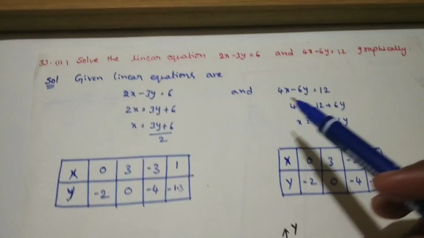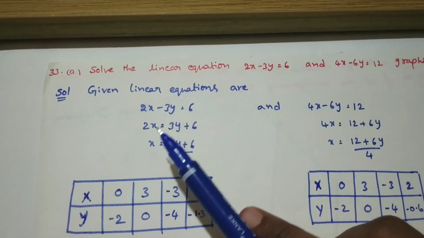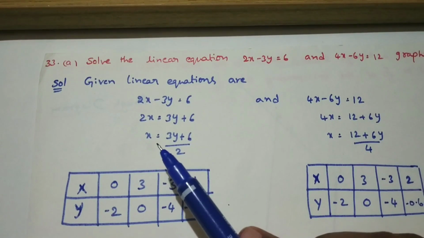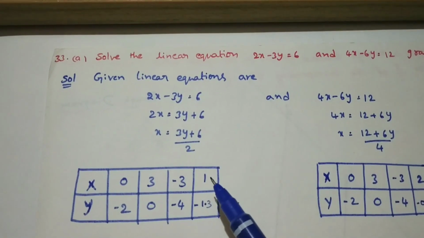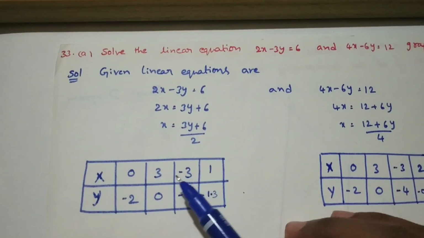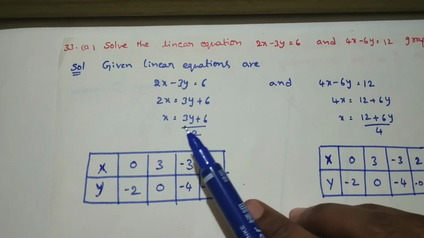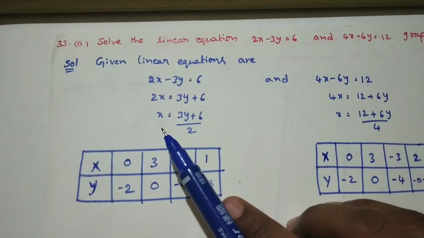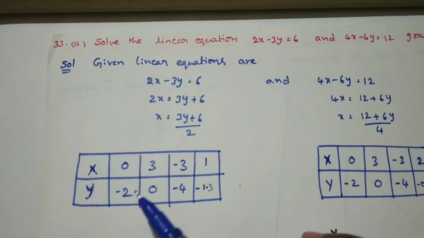For proving this graphically, first write the equation 2x minus 3y is equal to 6, take the x value on one side and write it. In place of x, 3 values is enough, but I took 4 values; if you wish, it is better to write only 3. Now if x is equal to 0, putting 0 in place of x, 3y is equal to minus 6, so y is equal to minus 6 by 3, minus 2.